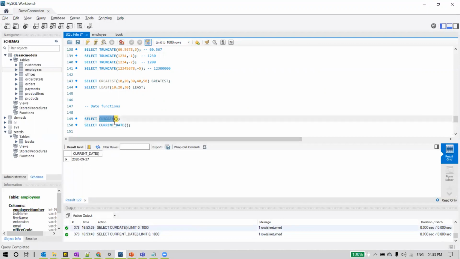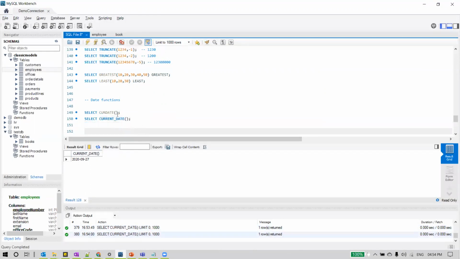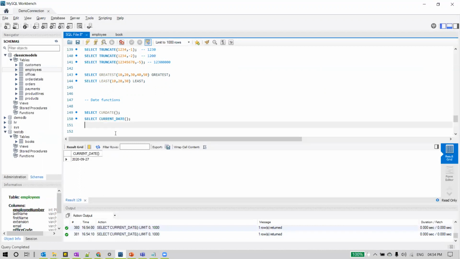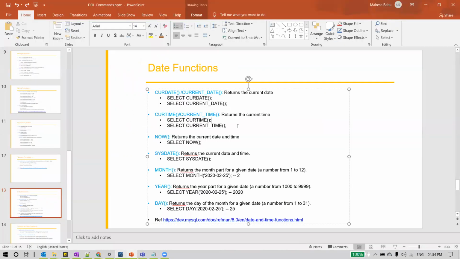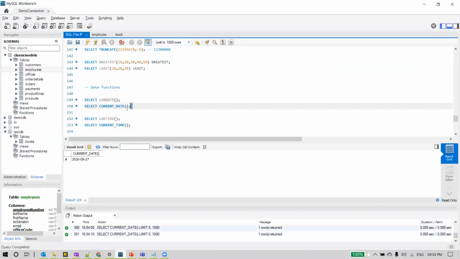So you can see it here, CURDATE or current underscore date. Both return the same result. The current date is what the functions return. And if you observe, we didn't pass any parameters to this function. We are just using these functions as is, without passing any parameters, and we are getting the current date. In the same way, we have two methods, and these two functions are the same. Either we can use this function or this function. So the result is the same.